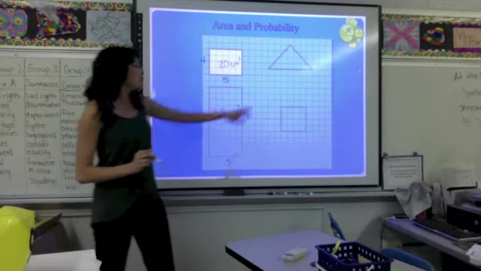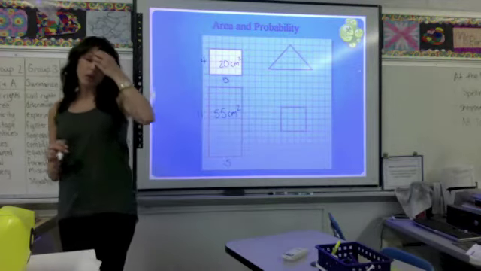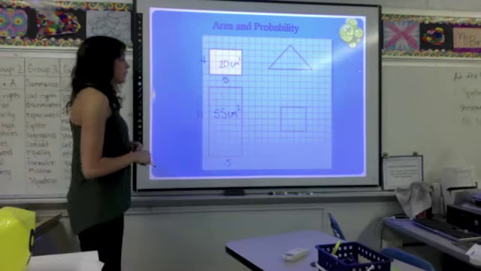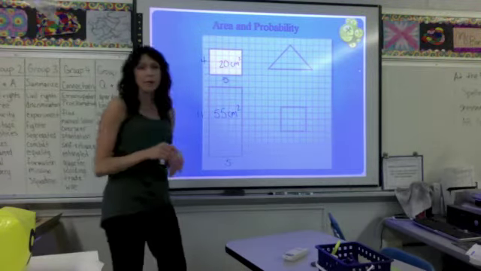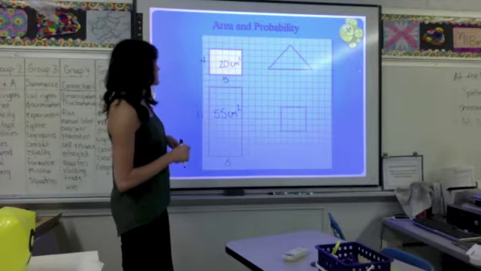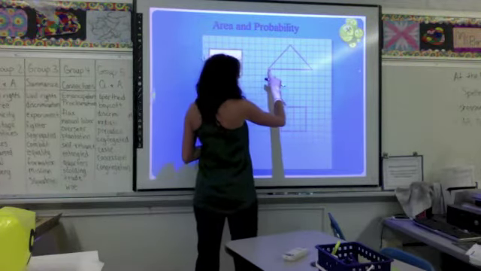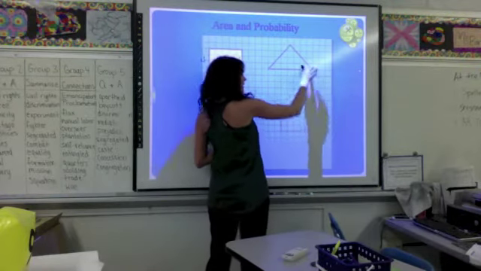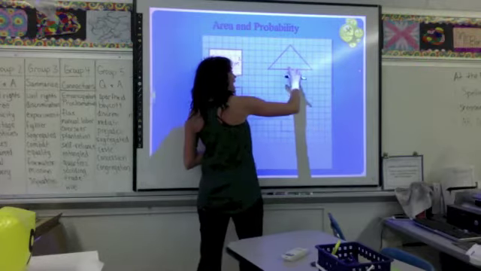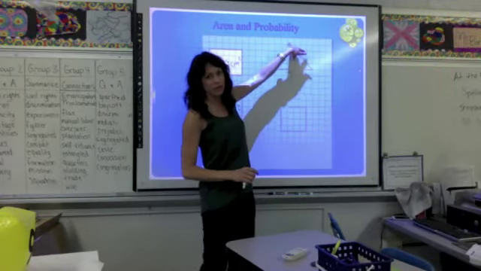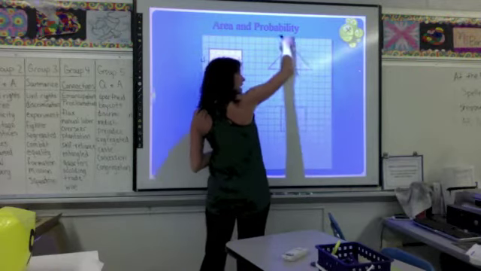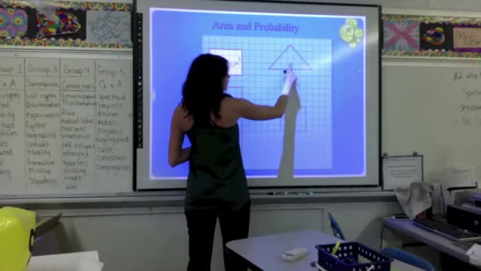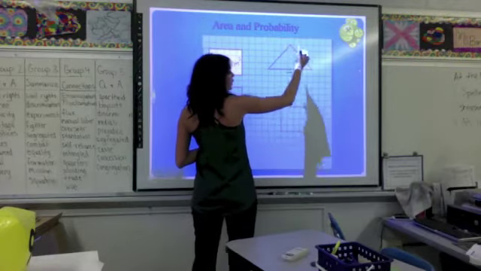All right, let's move on to this triangle. The formula for area of a triangle is a little bit different because you're going to divide your answer by 2. So I'm still going to multiply my base times my height and then divide that answer by 2. So my base here is 1, 2, 3, 4, 5, 6, 7. And my height, I count for my tallest point of the triangle. So instead of going out here to the side, I'm going to start in the middle and go straight up to that point. So it's 1, 2, 3, 4 cubes